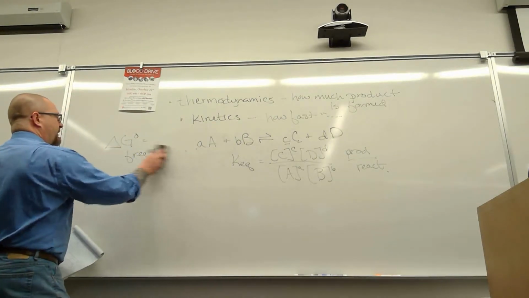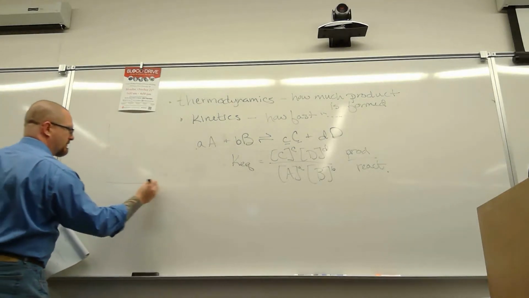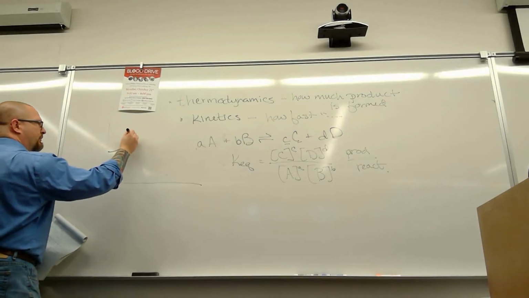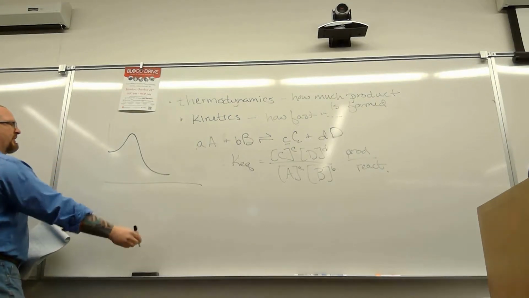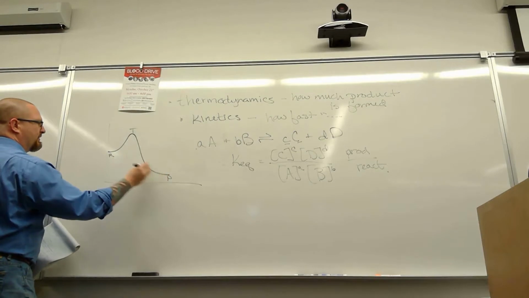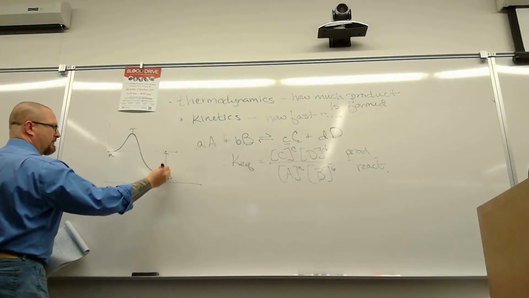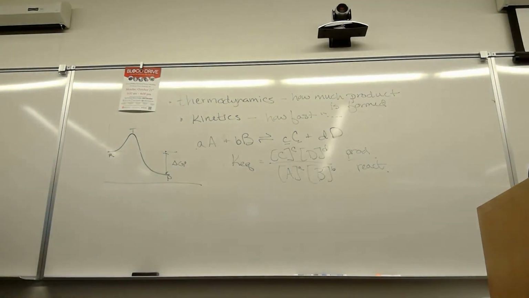So when we're evaluating change in free energy, we have a scenario where we have a reactant going through an intermediate or transition state, an energy transition state, to product. And in this particular case, the delta between reactants and products is going to be our change in free energy for the reaction. So the greater the change in free energy,